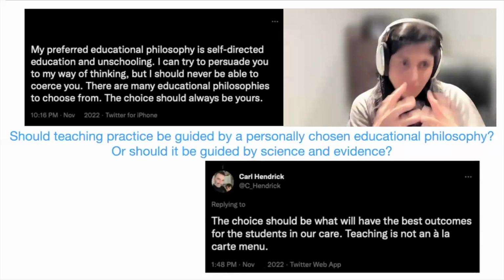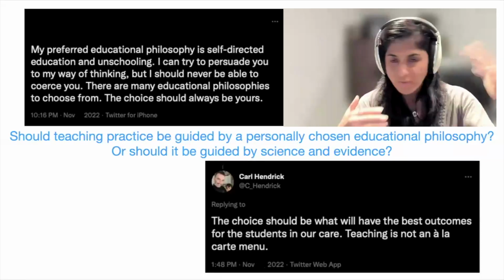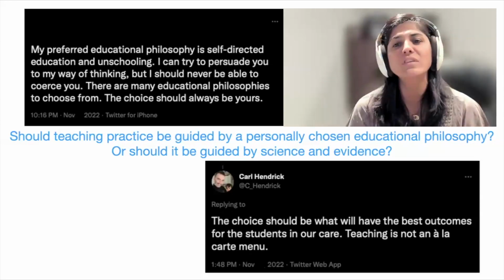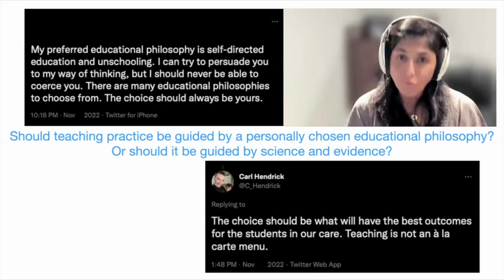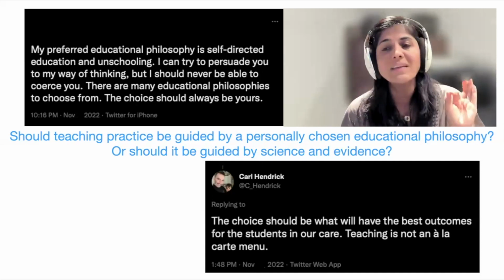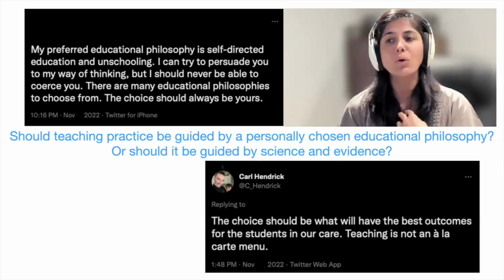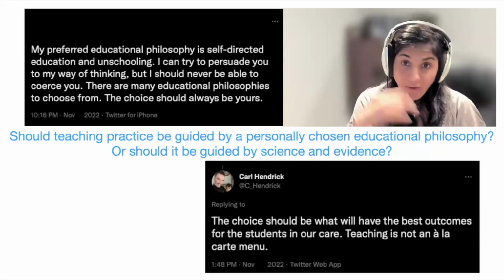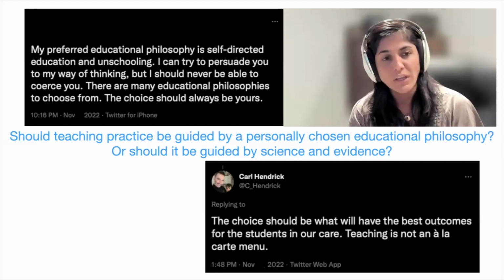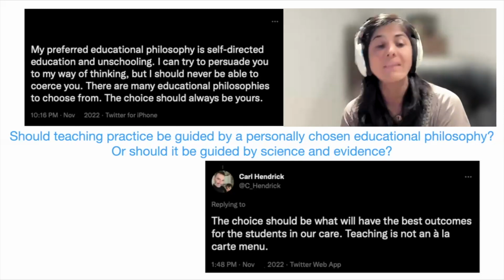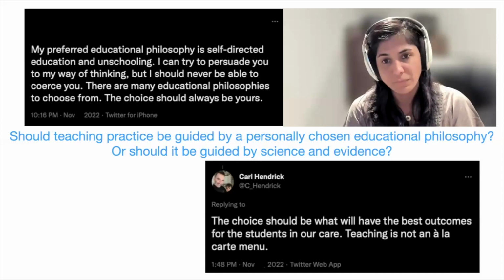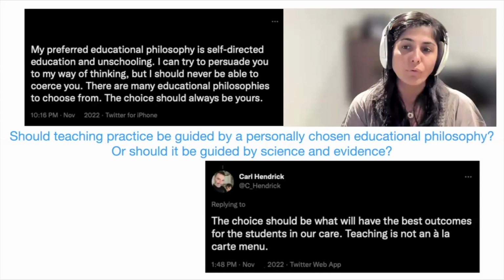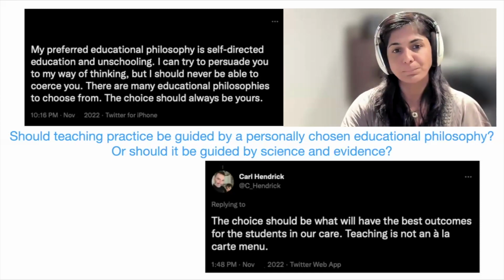Now, this kind of discussion, and it continued on, I'm pretty sure, on Twitter or X, nicely captures the two very different ways of teaching. First, on the one hand, there is a belief that as a teacher, I should be able to invent my own philosophy of education, and my teaching should be guided by that. On the other hand, there's a sense that my teaching should be guided by science and evidence rather than intuitions and personal beliefs. Now, some elements of this conflict show up in Project Follow Through as well, and that's what we want to talk about.